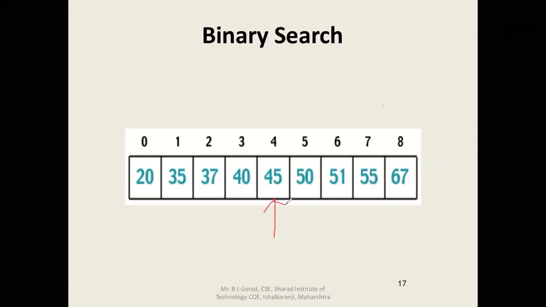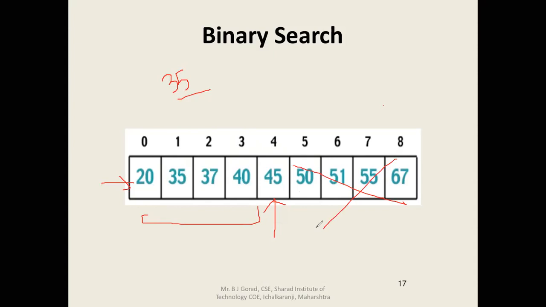So if I ask you to find the number 35, instead of starting from index 0, this algorithm starts from index 4, that means in the middle. And from there, it compares the number I am searching: is it more than 45 or less than 45? The number I am searching, 35, is less than 45, right? So it will make a decision that as 35 is less than 45 and the array is ordered, the smaller numbers are on this side. So I don't have to search this part of the array.